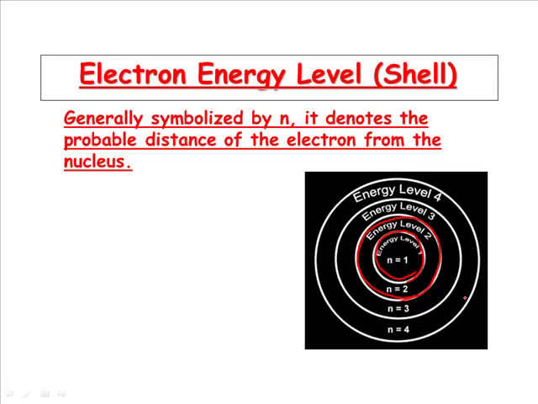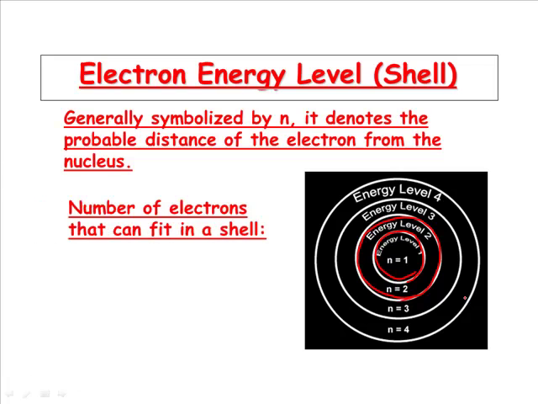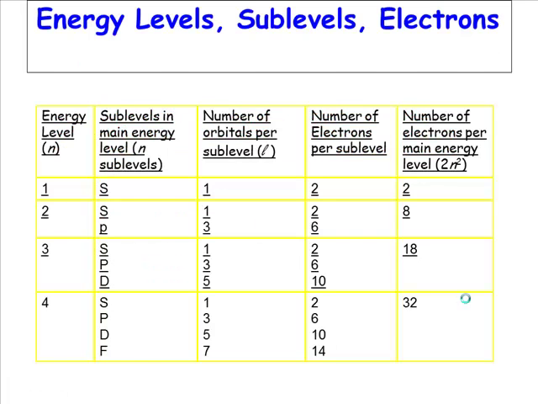Depending how close they are to the nucleus depends what shapes they can have, or how far away they are. So, different numbers of electrons can fit in each one. If it's a small circle, small energy level, small area of space, they only fit a certain number of electrons. So, in this case,